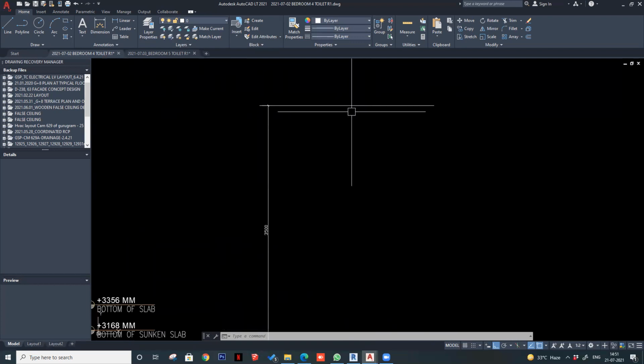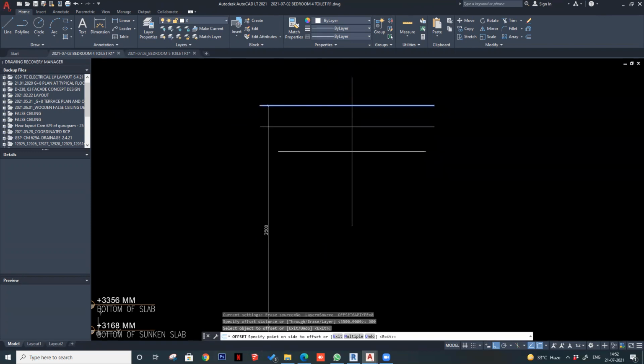Okay. Then from this slab, suppose there's an HVAC duct running, you'll have to check your HVAC drawings, that if the duct is running through the toilet, you'll have to see the thickness of that, the depth of that duct. Mostly it is between 250 to 350 mm. So suppose we have a duct of 250 mm. So you'll take 50 mm margin for its movement, and you'll offset 300 from the bare slab.